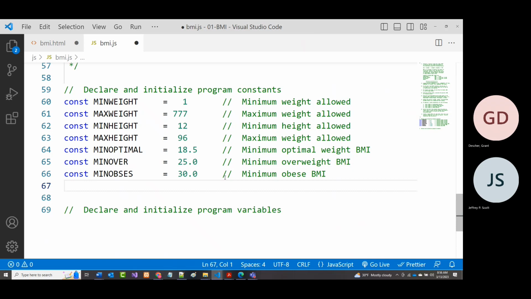Now, I'm going to add two more constants here. One of them is for if we put in a height that's out of range. We want to tell them that the height must be between 12 and 96. And the other one is for the weight being out of whack, and we want to tell them that the weight must be between 1 and 777. We can call them whatever we want, but I'm going to call them what they are. So the first one will be OOR for out of range, weight, OOR weight, and that's going to be equal to